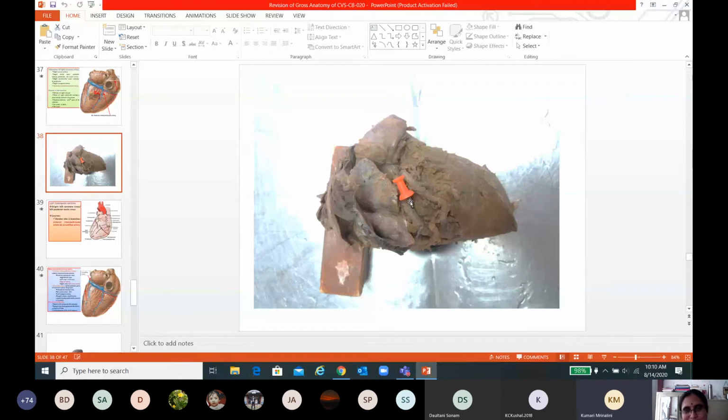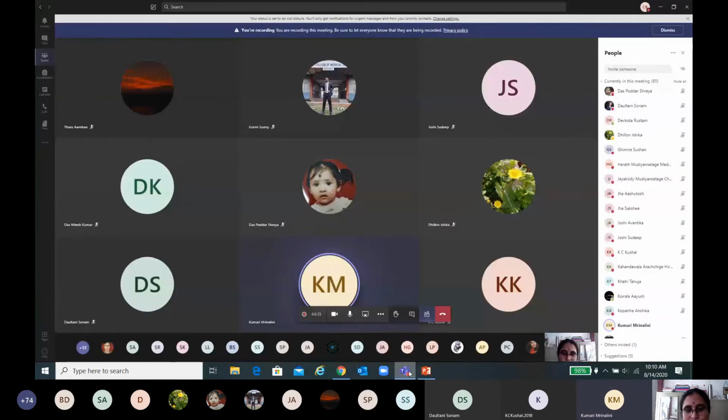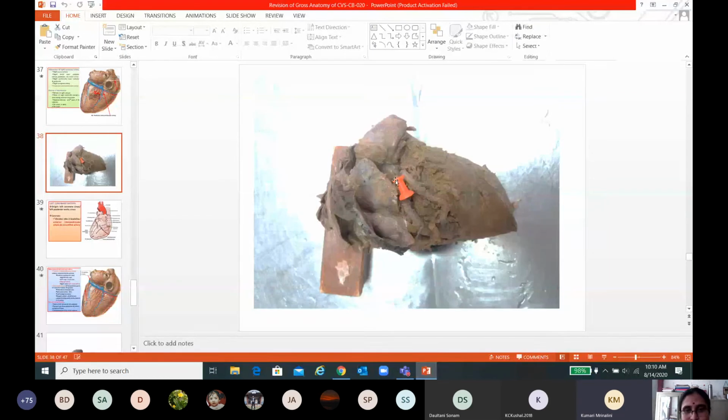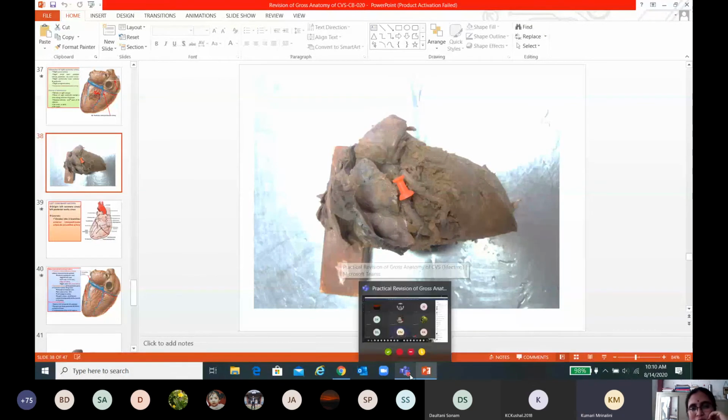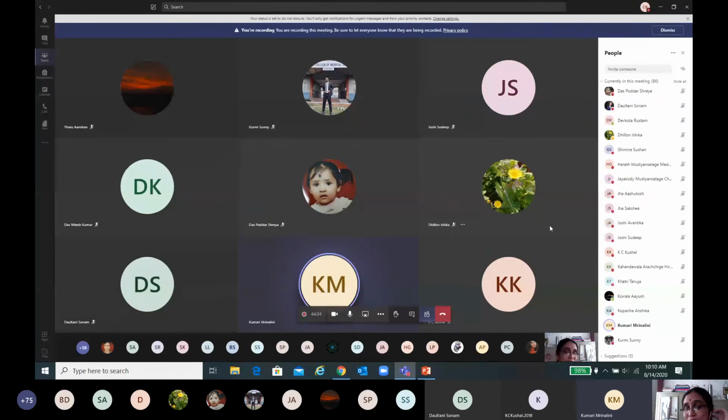This is not ligamentum arteriosum. Are you seeing the slide, my dear Minalini? Yes, ma'am. Then how can you say this ligamentum arteriosum, Minalini? Don't say like that, my dear. Ma'am, I'm confused. Okay, but don't be confused now.